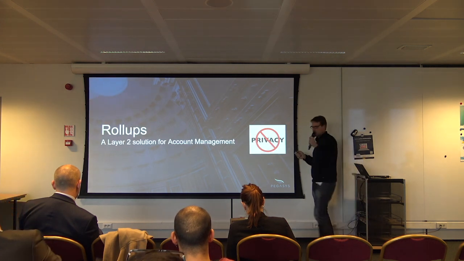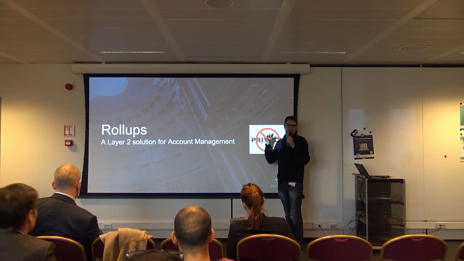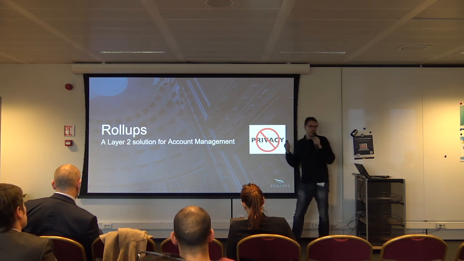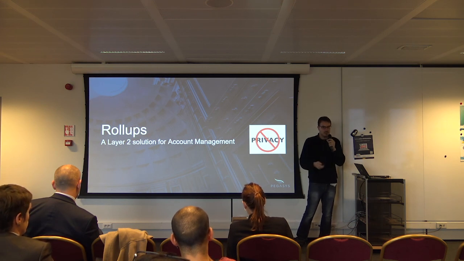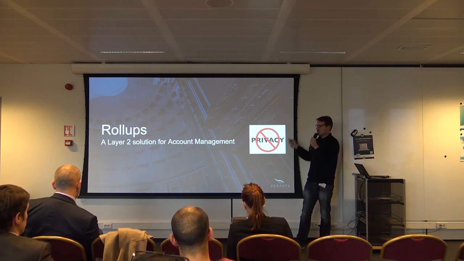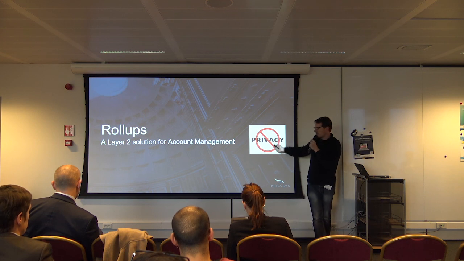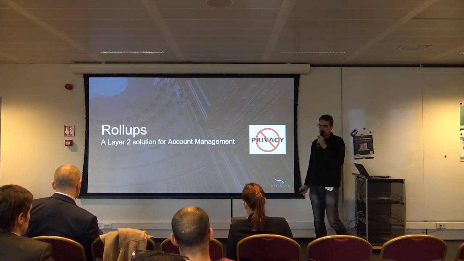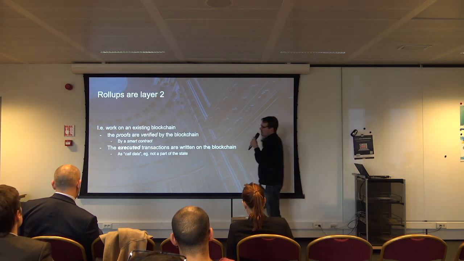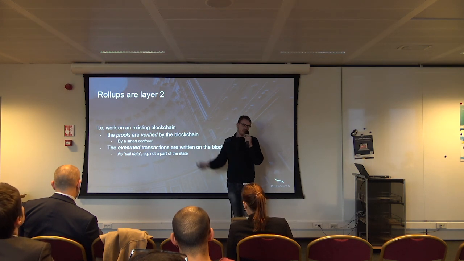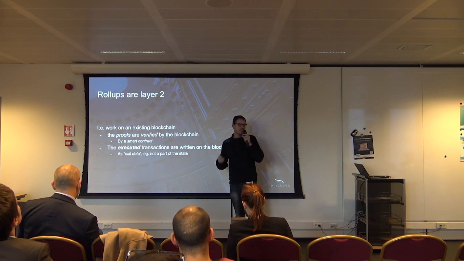And this is called rollup. Interestingly, in this solution, there's no privacy at all, okay? While with zero knowledge, you tend to think, oh, zero knowledge means privacy. You can use zero knowledge, especially proof of executions, without any privacy at the end of the day. It's something different. So what we call layer 2 is something that is using a blockchain without changing the protocol.